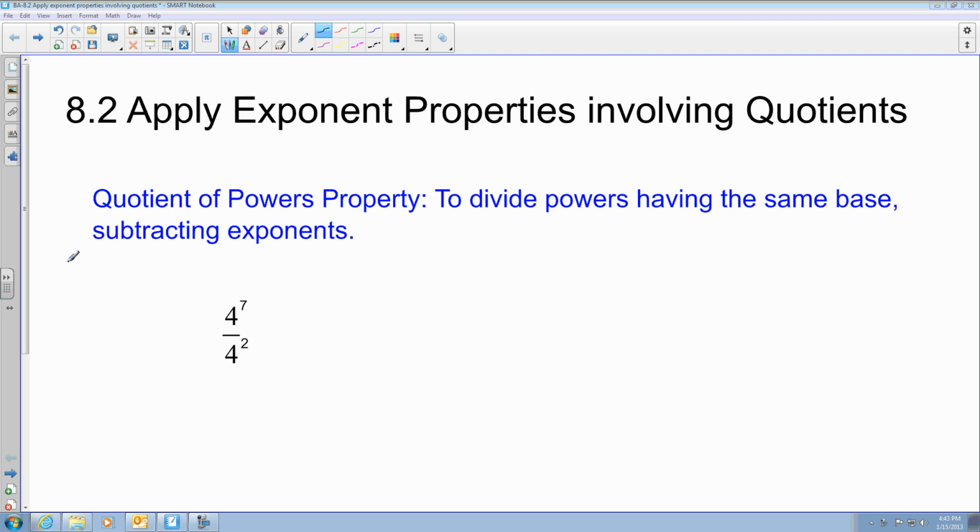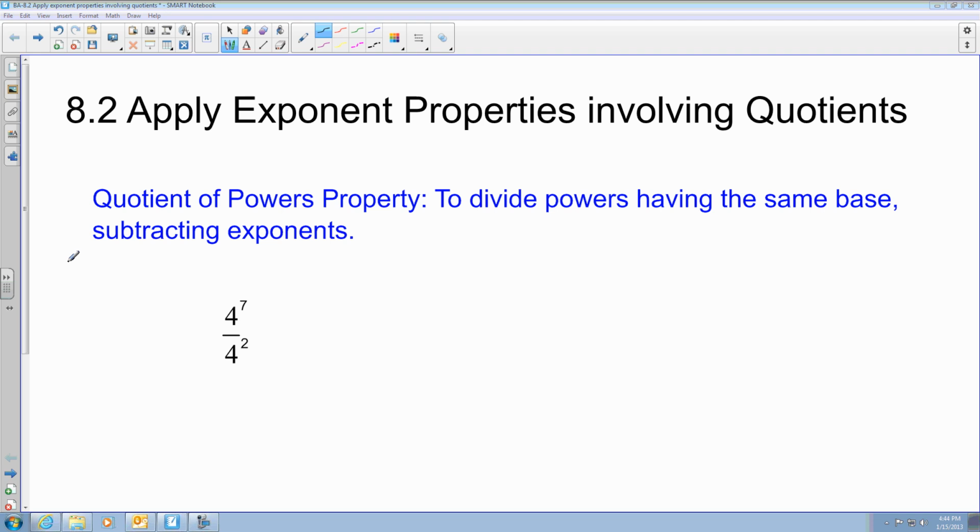Some of those we may incorporate in today's lesson, but what's new is the quotient of powers property, which states that if you divide powers having the same base, you end up subtracting the exponents. So, in this case, you have 4, which is the same base, and the top is